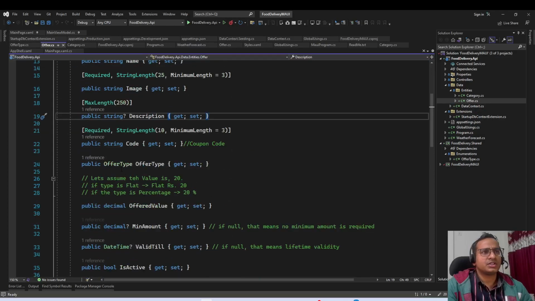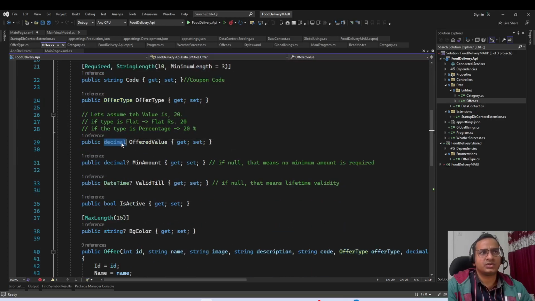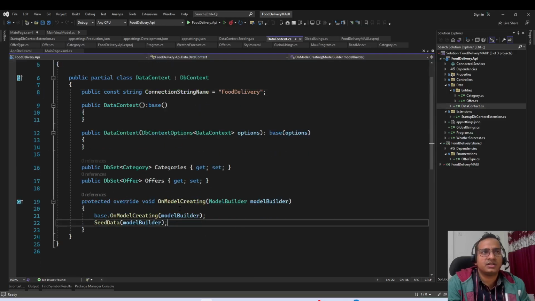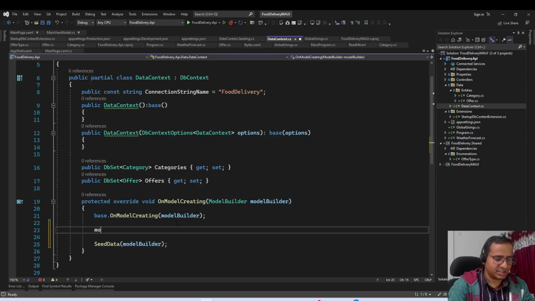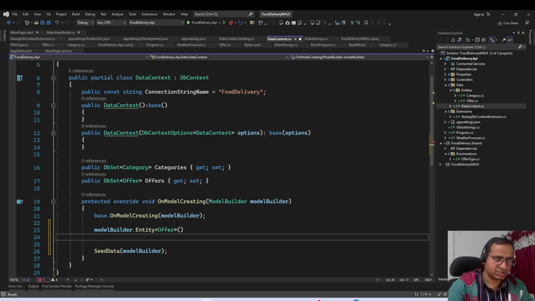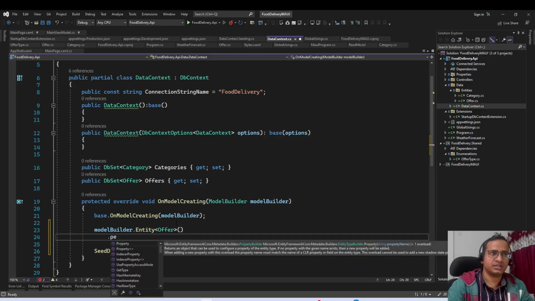So for example, for this, where is it? For these decimal values, all these decimal values, we need to set the scale and precision. So how can we set those? We will go to data context, we will go to this OnModelCreating method, and before the seed data, we can say modelBuilder.Entity<Offer>,